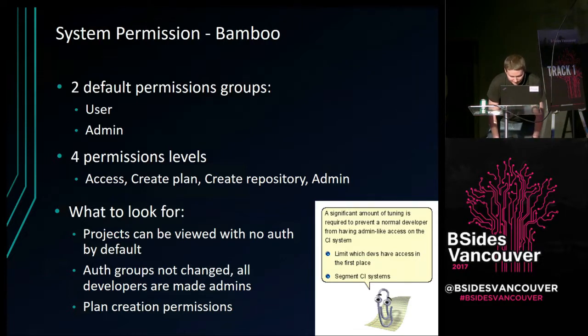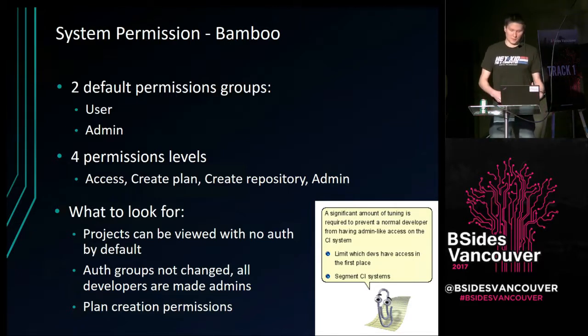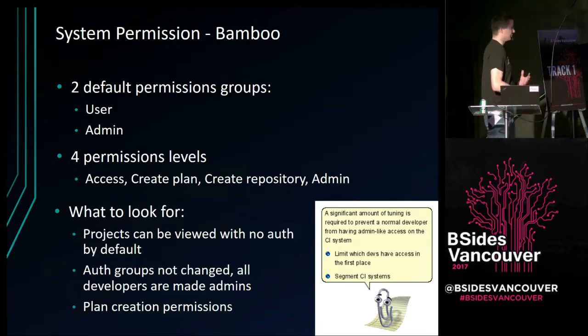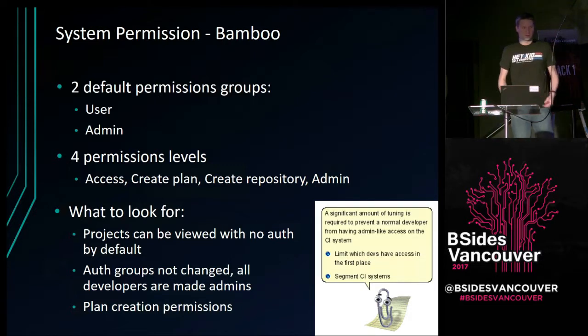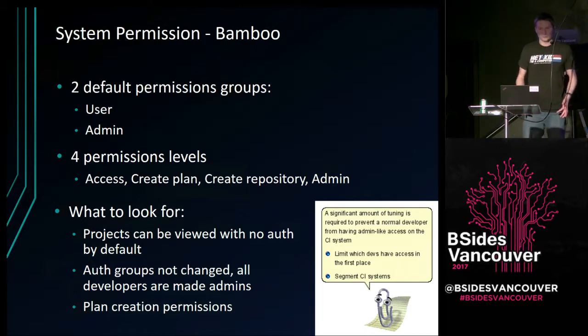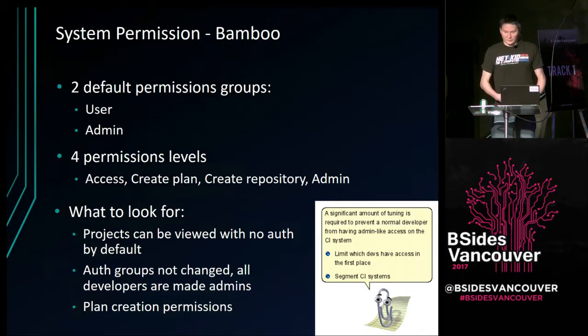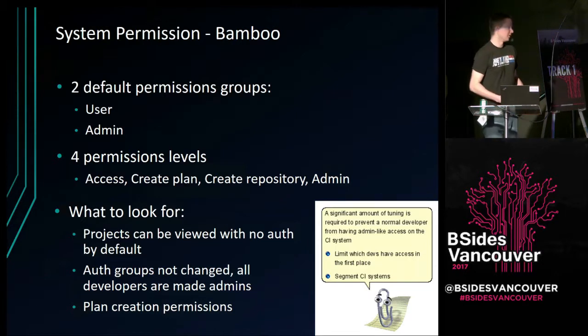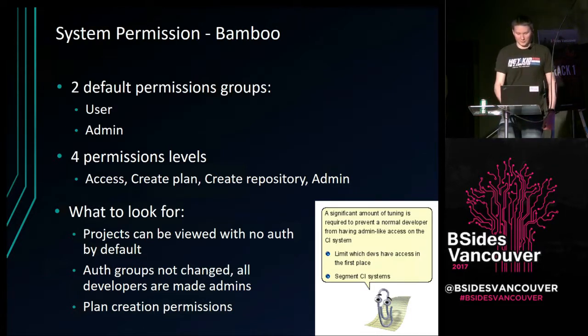So what's the high-level thought for all of these system permissions? High-level thought is it's going to take a lot of tuning with any of these to make sure that you've made the system usable for your developers so that when they check in code, they can run a one-off build or things like that. But it's going to be pretty difficult to prevent that developer from more or less having effective admin permission, because if they can run custom code on a build slave, as we'll talk about next, chances are they can take over the master server as well.